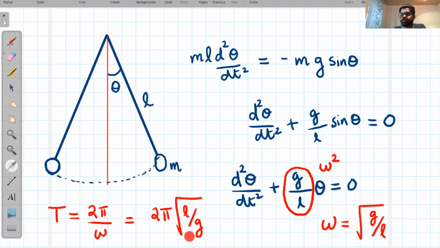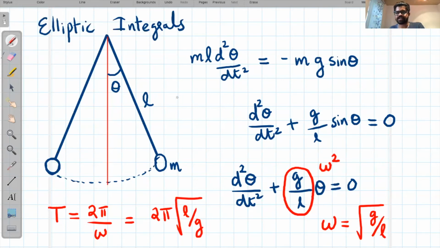Please note that 2 pi times the square root of L over g is the time period of the pendulum only when we have the approximation sine theta is equal to theta. Otherwise, the time period of a pendulum for any angle theta is usually expressed using special functions called elliptic integrals. I will talk about elliptic integrals and the time period of a real pendulum in another video, but before concluding,